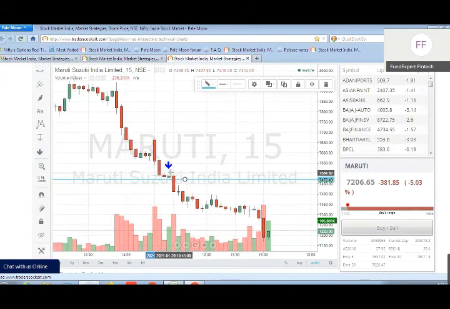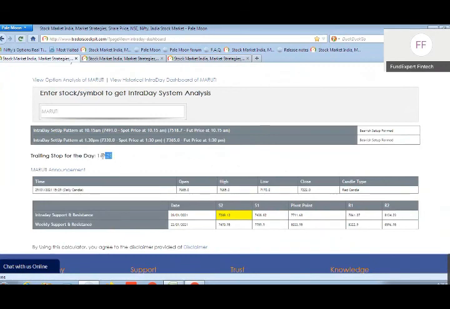And for the stop loss, the day high would have been a very strong stop loss, but that is high enough. For a safer chance, you can put a small risk, small trade with the stop loss around 7535, which was the high of this particular candle itself, just to be on the safer side. Or else you can extract the stop loss from this point, which is 149, based on the price action, based on the highs and lows. Hope this point is clear to all of you.